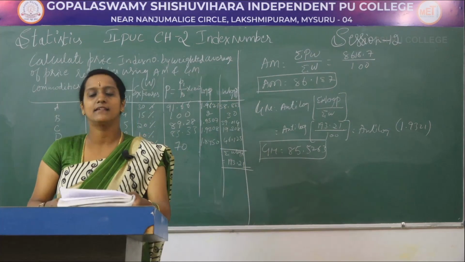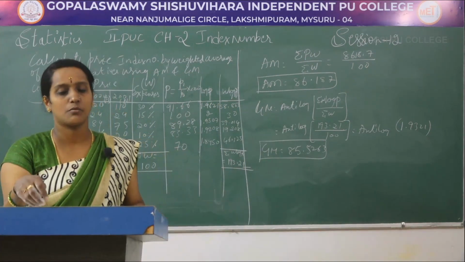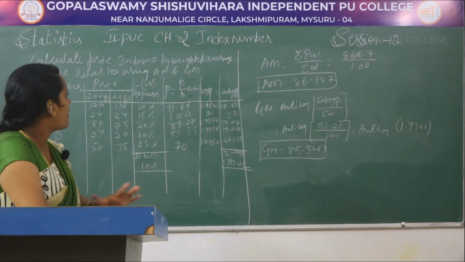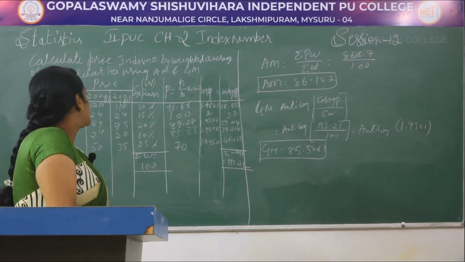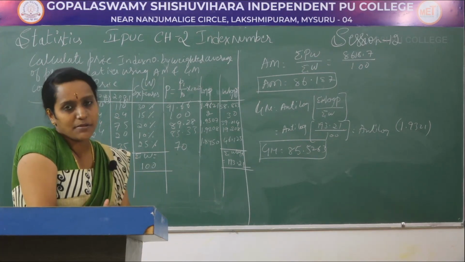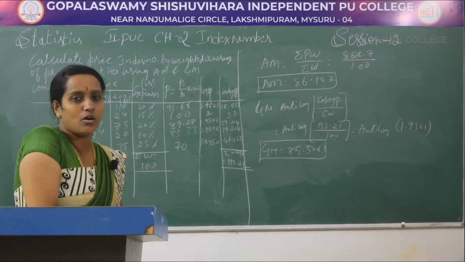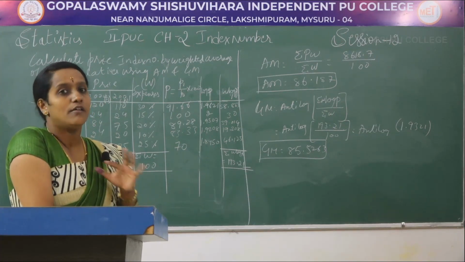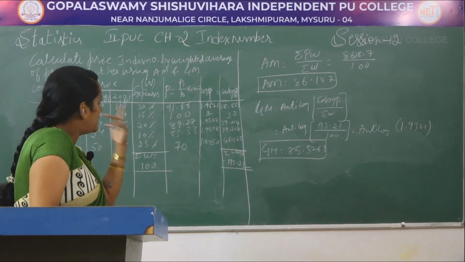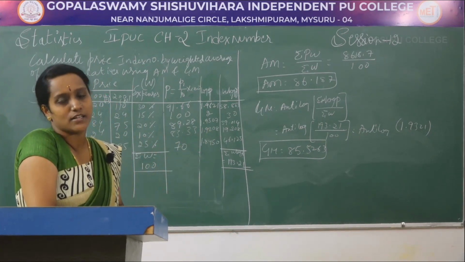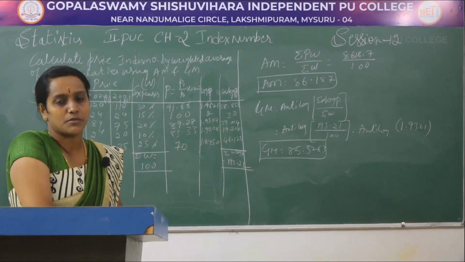You know how to calculate the anti-logs using your scientific calculator. So this is how we have calculated the weighted average price relatives using AM and GM, and in examination you will get the problem to calculate GM only, that too for 5 marks. If they ask for the weighted average, you should go with the weights, otherwise it is a simple aggregative method. Please follow this one.